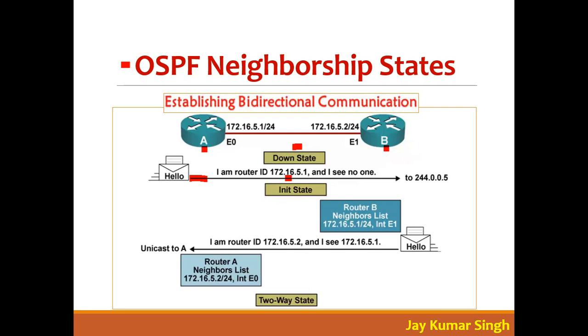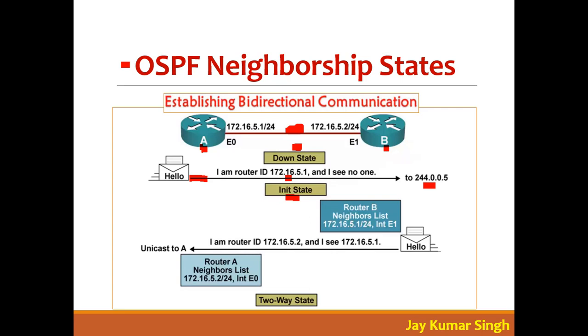I see no one on this link, because first you will configure here, then you will configure here. So once you configure router A, it will start sending hello messages on 224.0.0.5. The first state is down. Once OSPF is configured, it comes to the second state, known as init state, the initial state. In init state, it starts sending the OSPF hello message on the link,